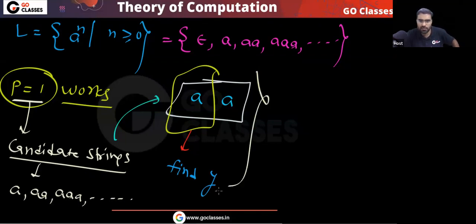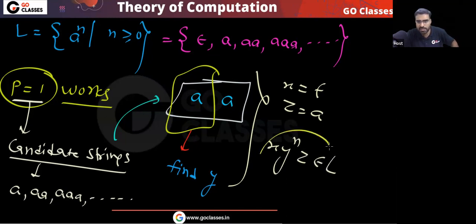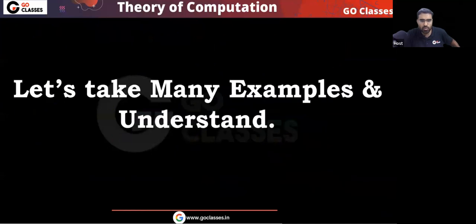So very easily you can see that finally your answer will be, you can repeat it any number of times. Here you can notice this x is the empty string, this z is a, so you can repeat this any number of times and the result will belong to L. So very simple, quite simple, right? Okay, now let's move on.